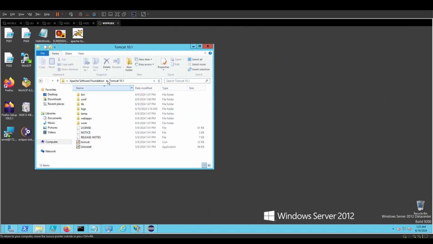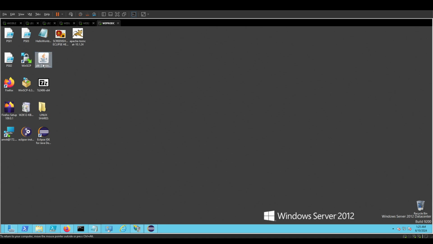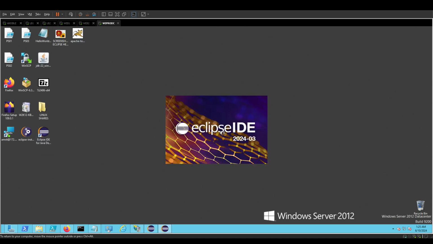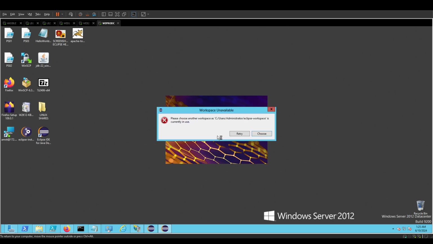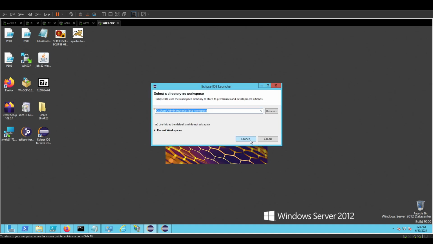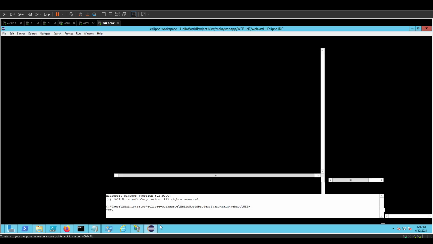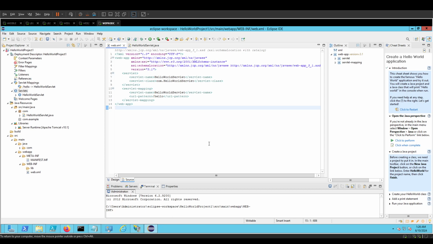So in order to load the dynamic web pages from here, I will need to configure Tomcat with Java, and to configure the dynamic pages, I will need to work with the Eclipse IDE,